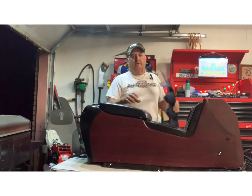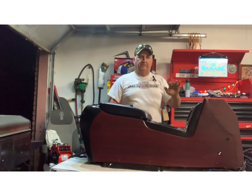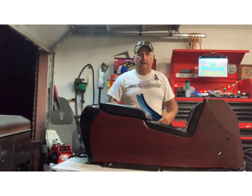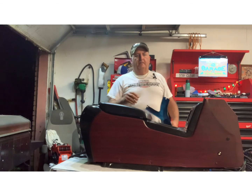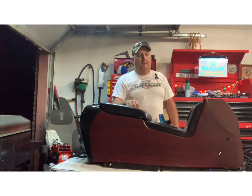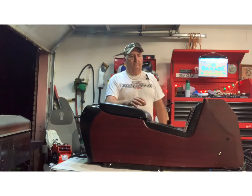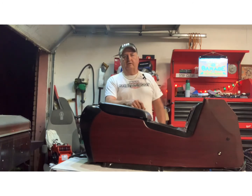When I get the dash in there, the piece that comes up to the dash has a lip on it in there, and I'll shoot a picture of it when we go do this. I got to cut that piece to where everything will go down inside the dash. We're gonna make it work one way or the other. So I think this next week, depending on how everything works out, I'll try to get that done, and